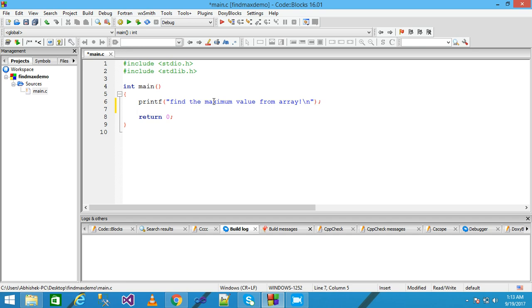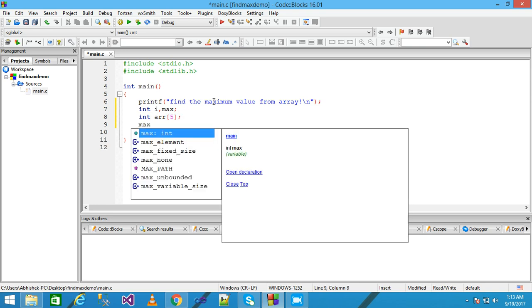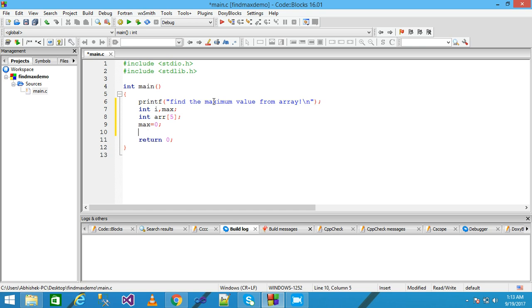In the next line I am declaring variables int i and max, and an array, giving here the size of the array as 5 within the subscript. I simply assign the value of max as 0. Using a for loop, I initialize the value of i as 0 and i less than 5 and i plus plus, which means this loop continues until the value